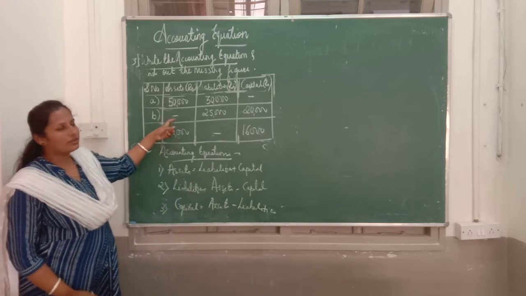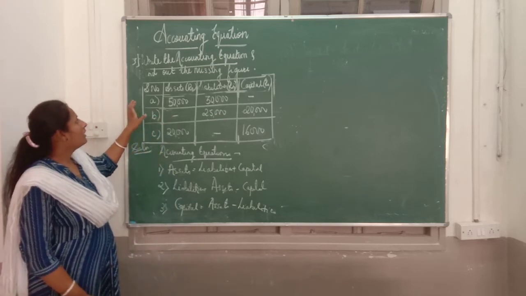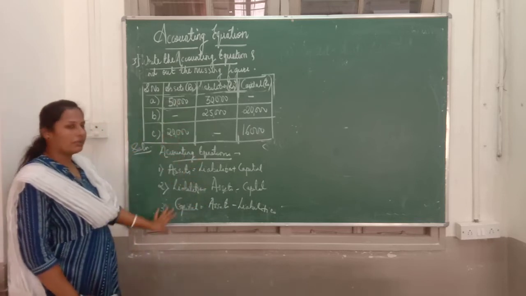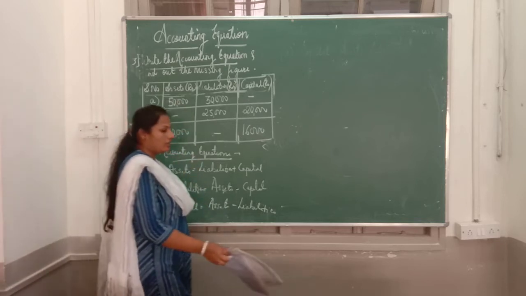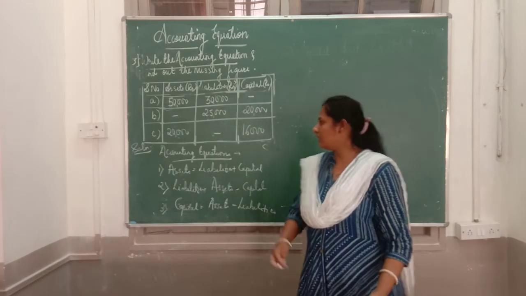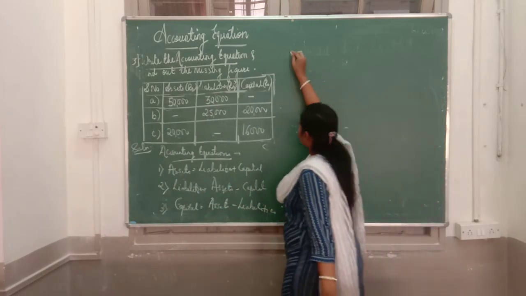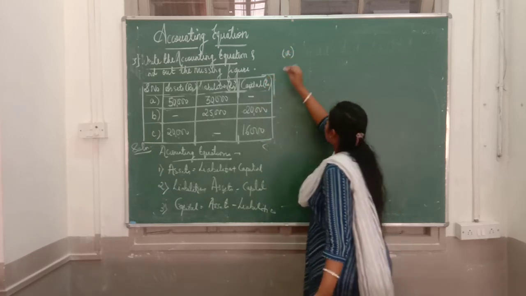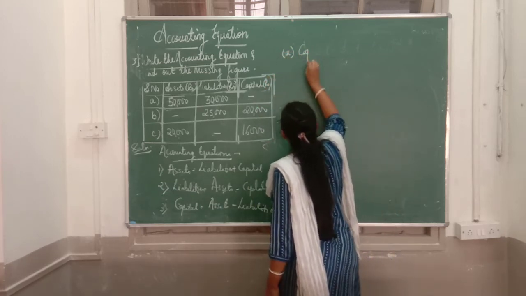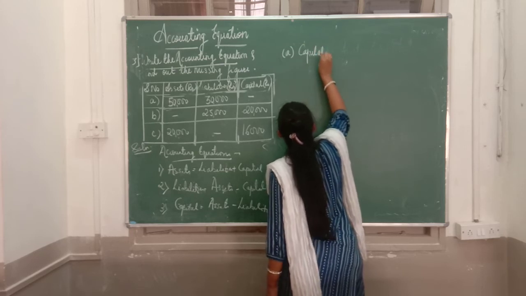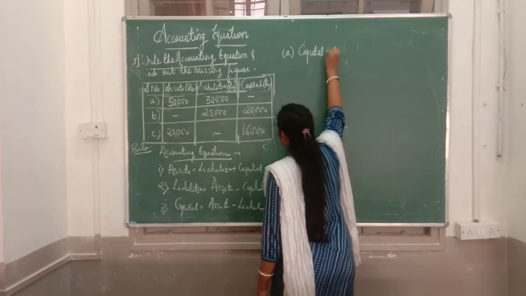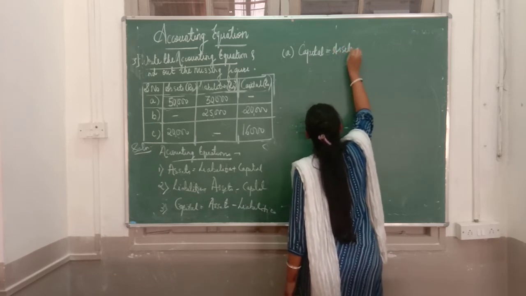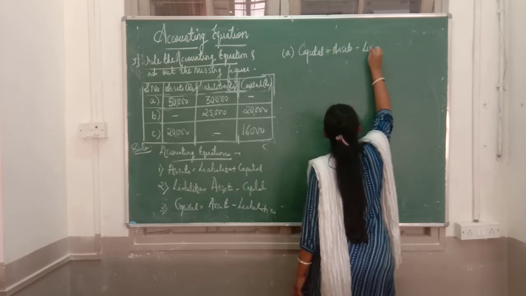Okay, sometimes they'll give dash or question mark. Okay, if they are told write an accounting equation, write. Okay, if not also you have to better write. Okay, it will be used for solving the equation. Yes, first one is in A, what is missing? Capital is missing. So take capital formula. Capital is equal to assets minus liabilities.